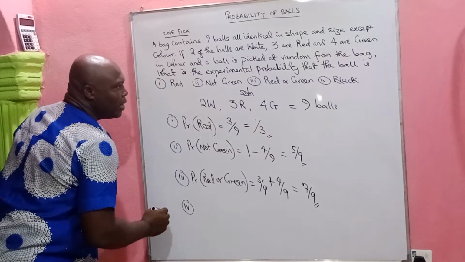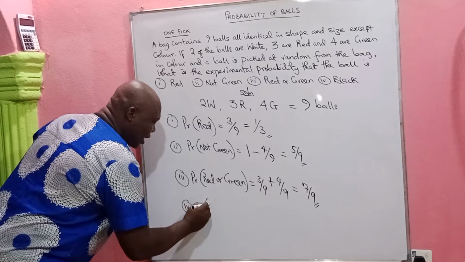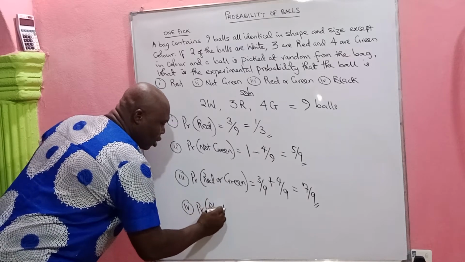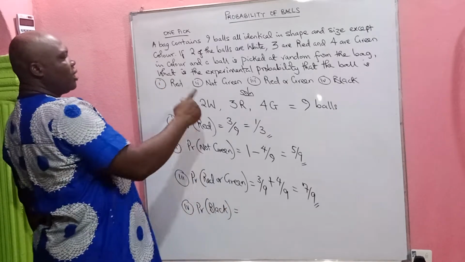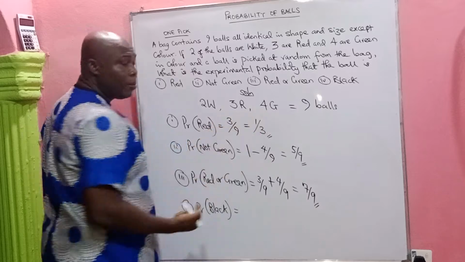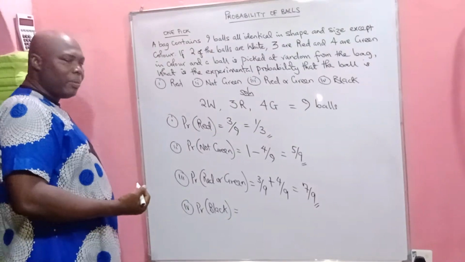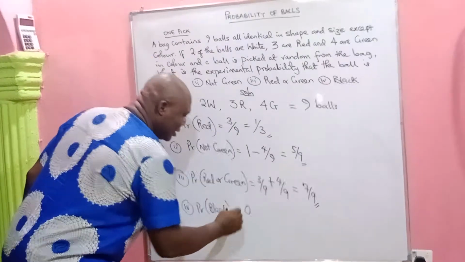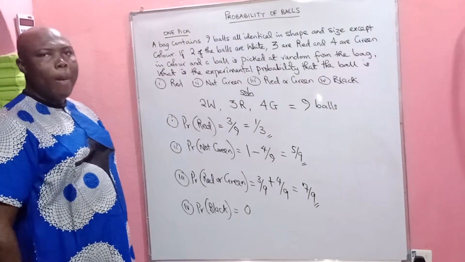What is the probability that the ball you pick is black? All right, we were told that the bag contains 2 white, 3 red, and 4 green balls. There's no black ball. So the probability of picking a black ball is 0 because there is no black ball